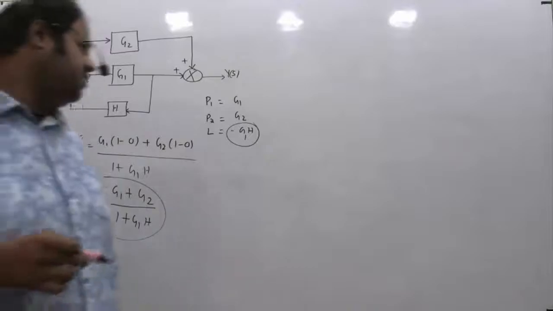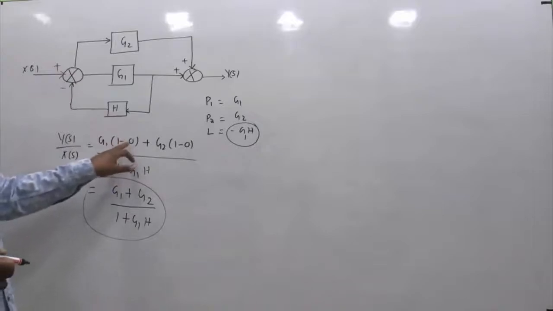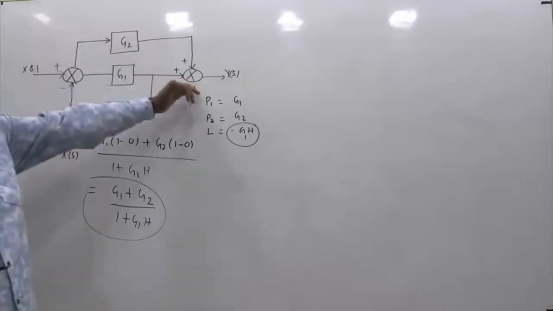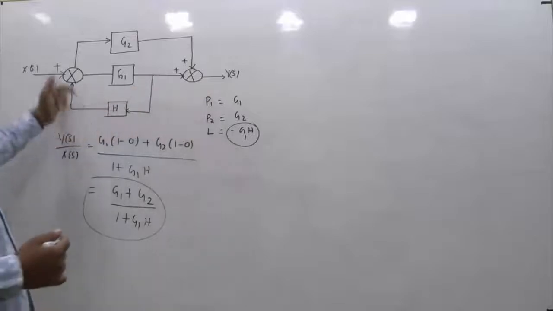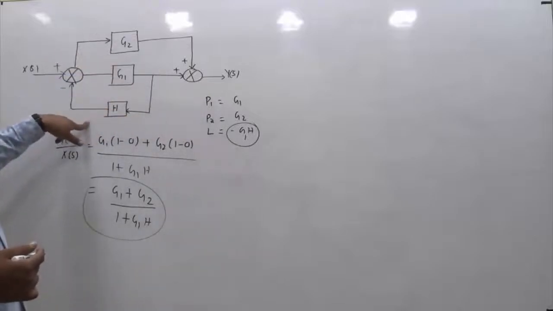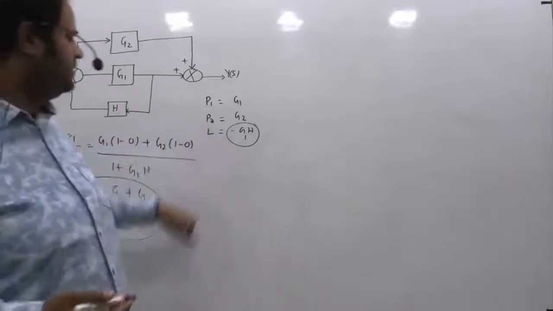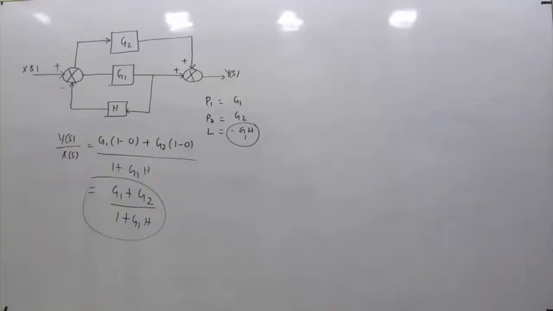Very, very straightforward problem. If there had been some non-touching loops, then the corresponding terms would have come instead of 0. But in this case, it is a very simple block diagram. So again, this is one forward path G1 plus this one forward path G2, and there is only one loop, so loop gain is minus G1 into H. So it is 1 plus the opposite sign of the loop gain, which is G1H. So the final answer is (G1 plus G2) divided by (1 plus G1H). That's what is given in one of the options.